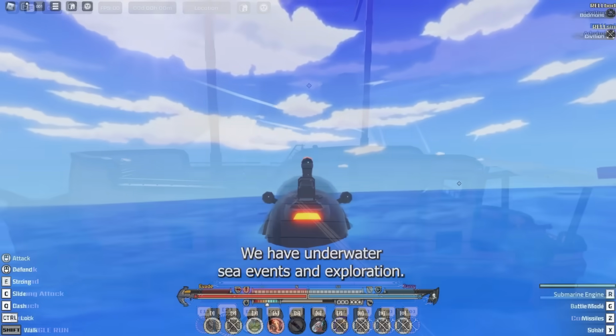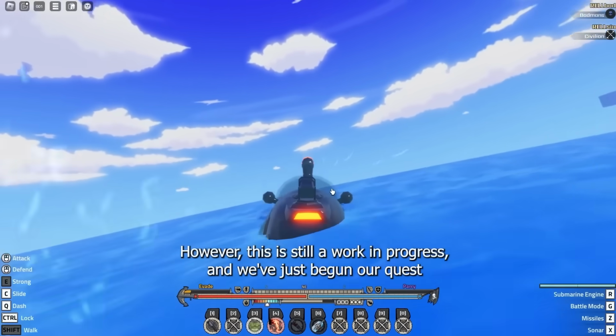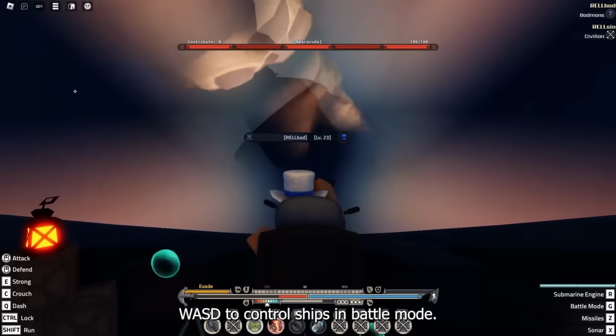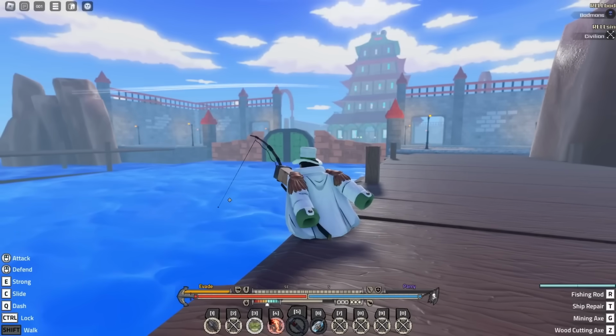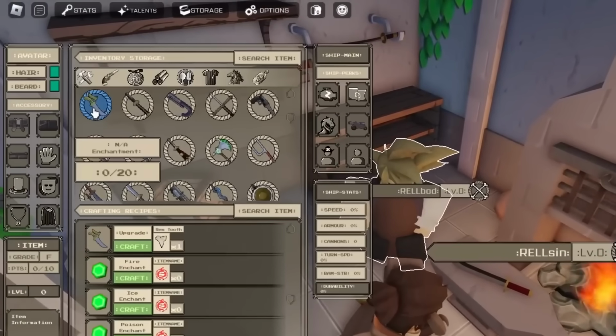The game also has actual submarines, which you can use to explore the map and even get into actual fights with. There are also a good amount of unique gameplay mechanics like lockpicking, which lets you unlock chests, or fishing, which lets you catch and I assume cook fish, or even blacksmith, which lets you upgrade your weapons and even